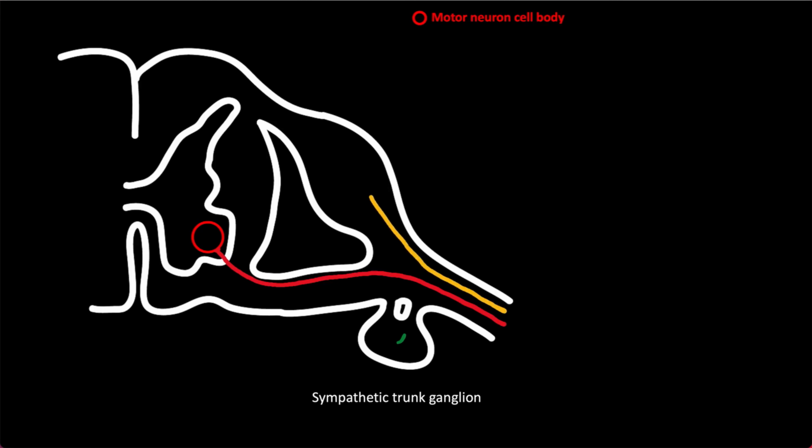Then this one going inwards is the sensory fibers, and it relays where? Into the sensory neuron cell body. And from there we can see it relays back to the dorsal horn or the posterior horn, and then it continues with the tracts which run in the spinal cord, ultimately to be relayed in the sensory area of my brain.